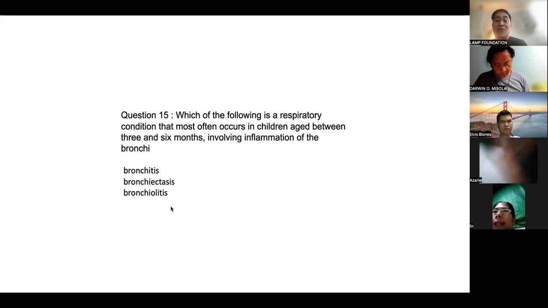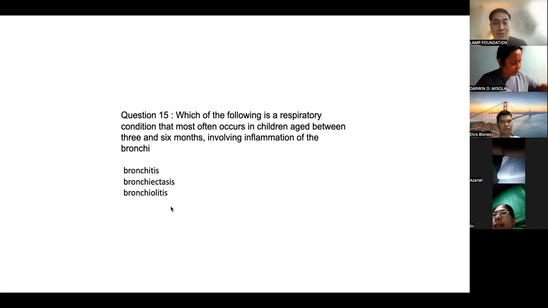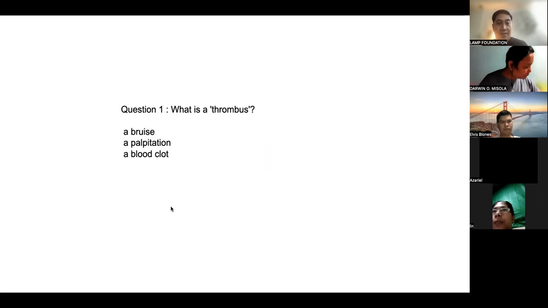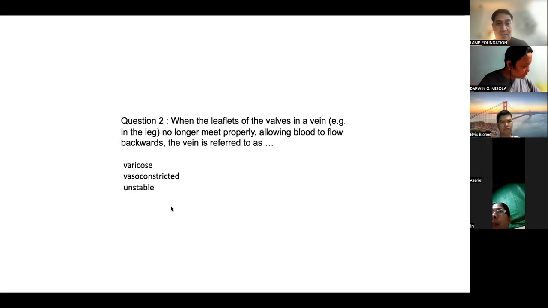Bronchiolitis. Which of the following is a respiratory condition that most often occurs in children aged between 3 and 6 months, involving inflammation of the bronchi? Bronchiolitis. What is a thrombus? A blood clot. When the leaflets of the valves in a vein, for example, in the leg, no longer meet properly, allowing blood to flow backwards, the vein is referred to as